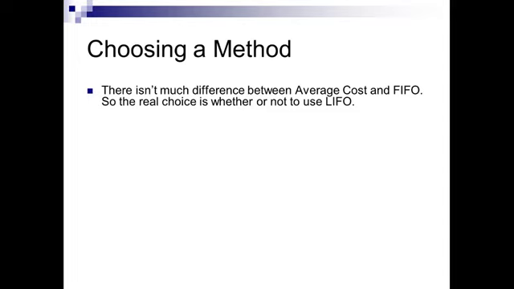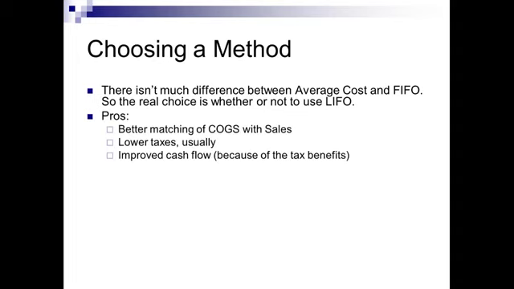We talked about some of them already, but let's mention them again in the context of what makes LIFO better or worse than FIFO and weighted average. So first, let's talk about the pros. We get a much better measure of cost of goods sold when we use LIFO because we're using the most current purchases as part of cost of goods sold. So our cost of goods sold number matches really well with sales, what we're actually paying with what we're actually